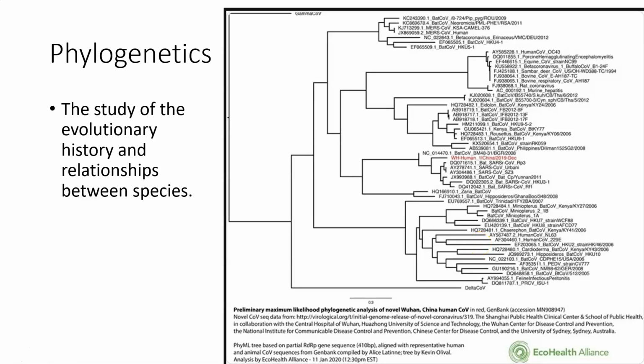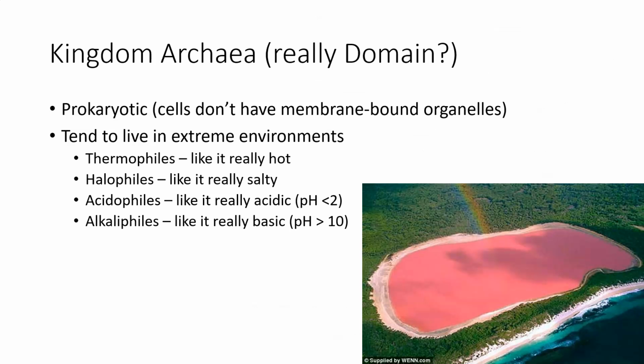Now, phylogenetics has really been practiced since well before we had DNA available, but when we did it back then, we were looking at characteristics that were visible to the naked eye. We wouldn't have been able to do that with viruses back then. So now that we can use DNA relationships, we've really been able to make more accurate phylogenetic trees. Okay,